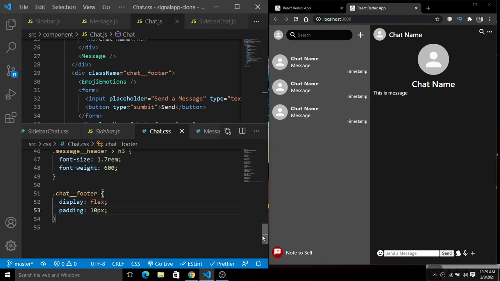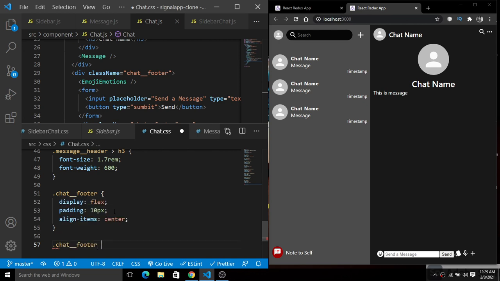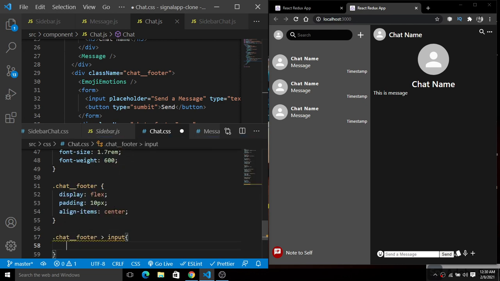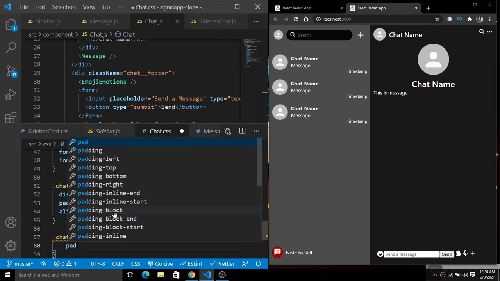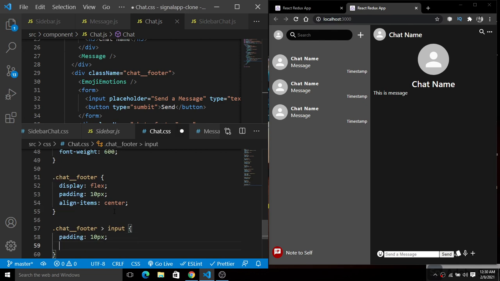So we have given this chat footer, and now next we have these things here, and now we'll simply align all the items to the center, just like this. Fine. Got it. Next, inside of this chat footer, you guys can see we have an input field. So for this input field we will simply give a padding of 10 pixel. Now save this. Got it?